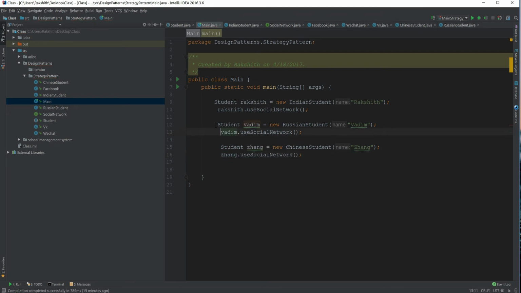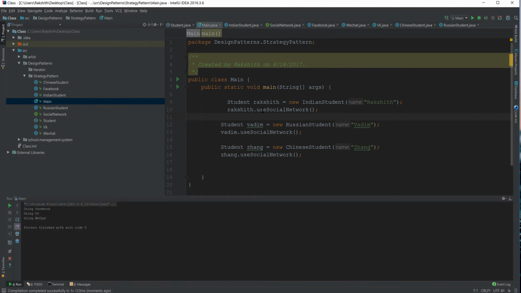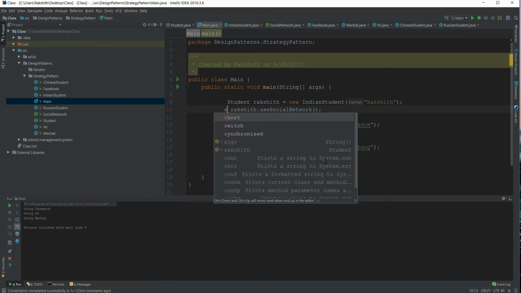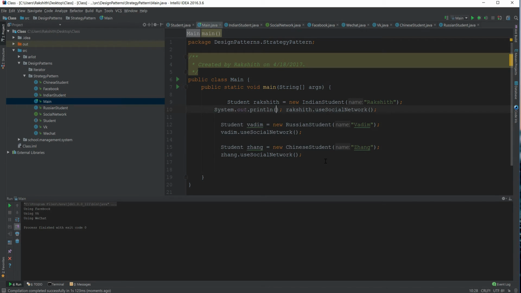Notice I am not telling. This is something that you have to clearly notice. I hate this indenting, but anyway, forget it. So Rakshit uses social network, Vadim uses social network, Zhang uses social network. And if I run this, you see Rakshit, when I say use social network, you know what? Let me just give it some level of commenting. Okay, System.out, Rakshit. Oh man, Rakshit uses,